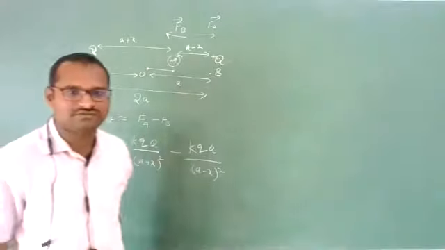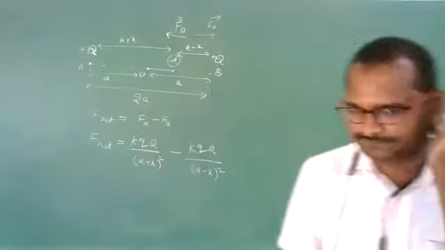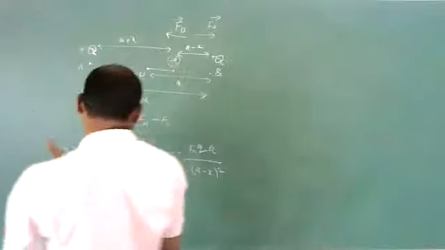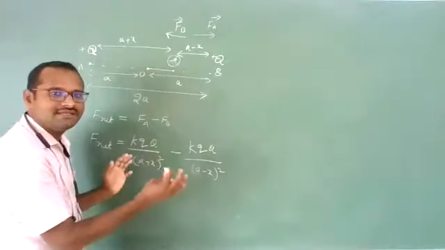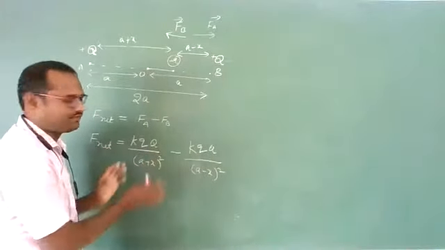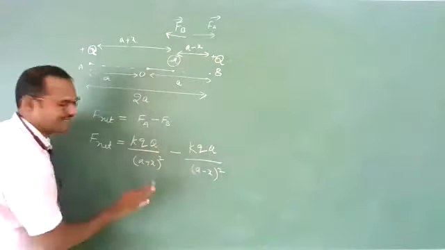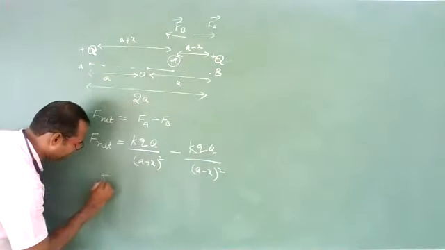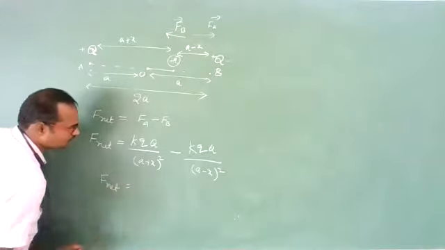So first, write the net force at the displaced point. Now, once we have written the net force, let us write it in a short form. Let us calculate the total exact value. So I am writing F net is equal to